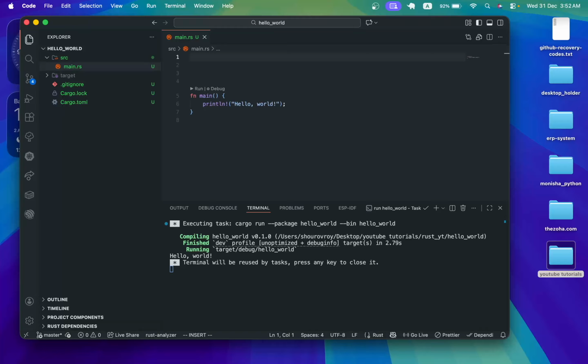For example, for single line comments, you can simply use the double forward slash before the comment, like this: comment here. This is for the single line comment, and for the multi-line comment, you can use this sign: hello, multi-line